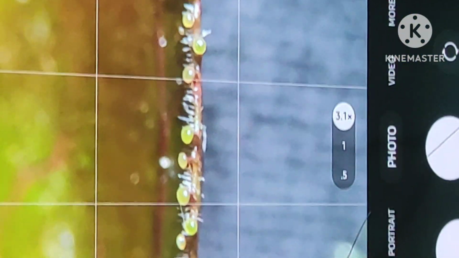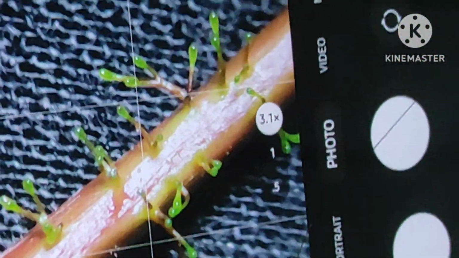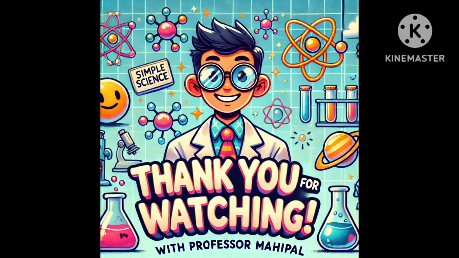With a stereo microscope, without any kind of sectioning, whatever is present on the surface we can observe directly. That is the special feature of the stereo microscope. Generally in tissue culture laboratories, especially biotechnology laboratories like ours, a stereo microscope is always needed to observe the formation of somatic embryos and all. So these are again the stipitate glands.